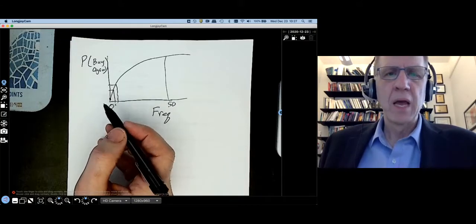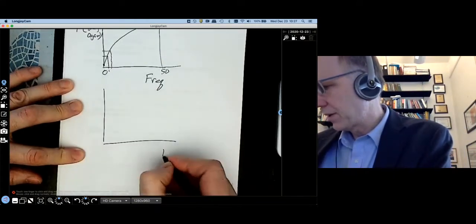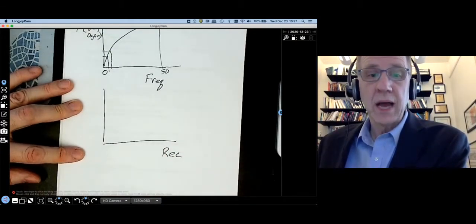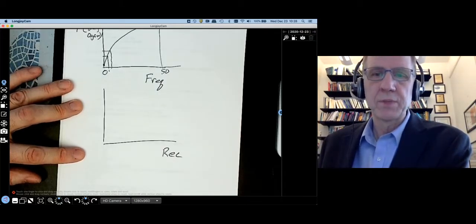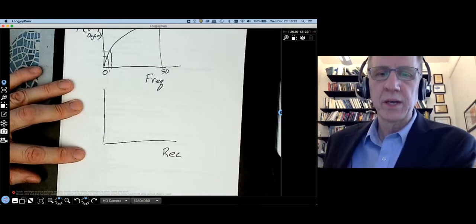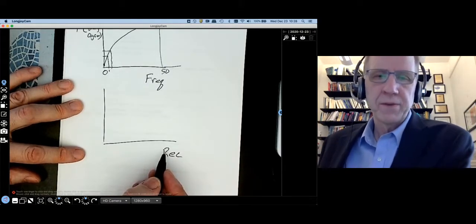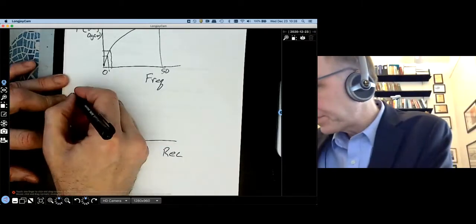I'll mention one more relationship that you should know about, and this is the relationship between recency. So recency is how long has it been since you've purchased from this company. So if it's been 2 years since I purchased from a retailer, my recency would be 2 years with that retailer. If I bought from them last week, my recency would be 1 week.